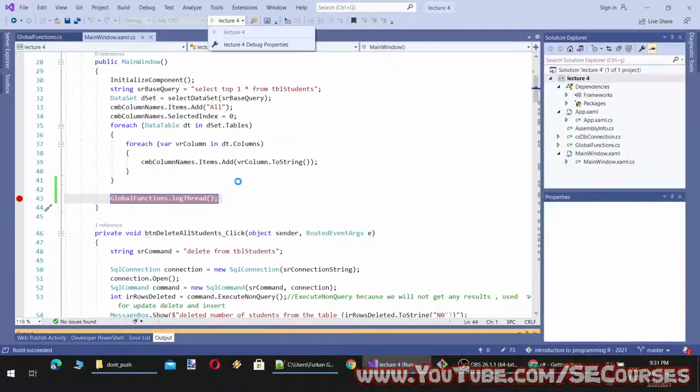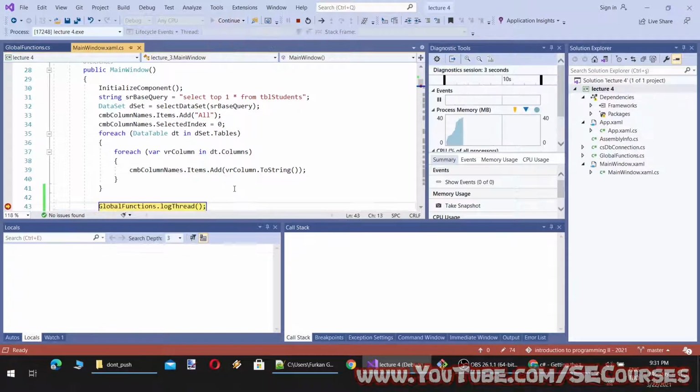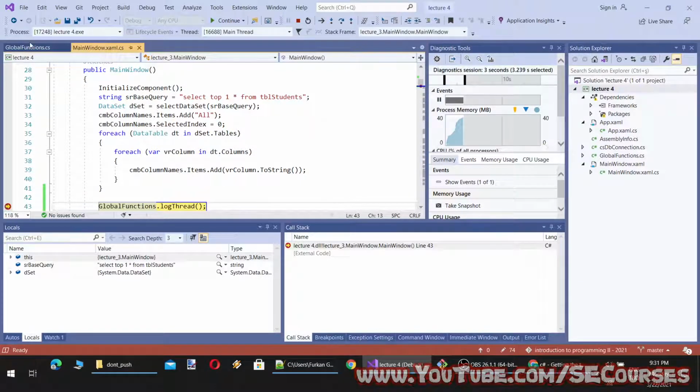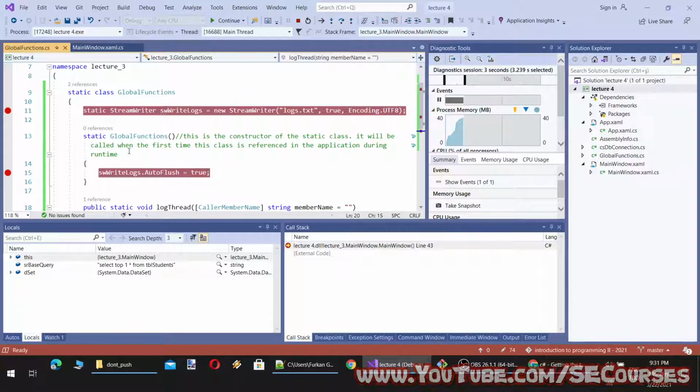Let's run our application to see in which order the static methods are getting initialized. Okay, so you see none of these breakpoints have yet been reached, because this static class is not initialized until you use a method, a variable, something from that in your application. So they are not getting initialized as soon as you run your application. They are getting initialized as soon as you make a reference, you make a call to that class.